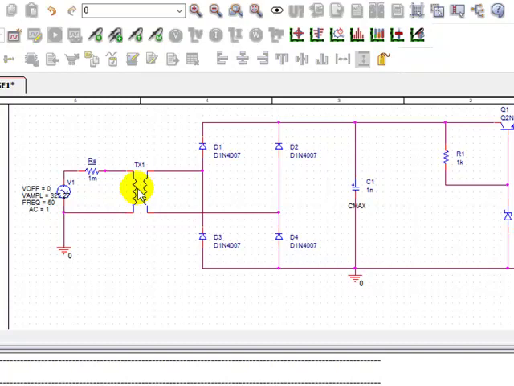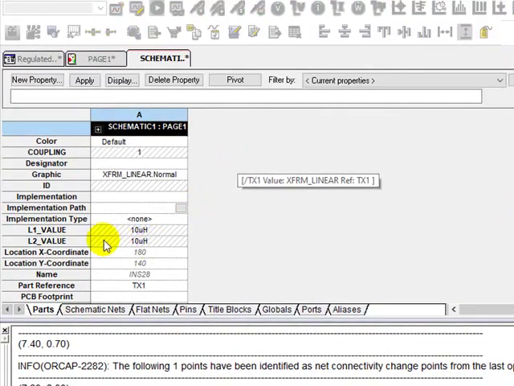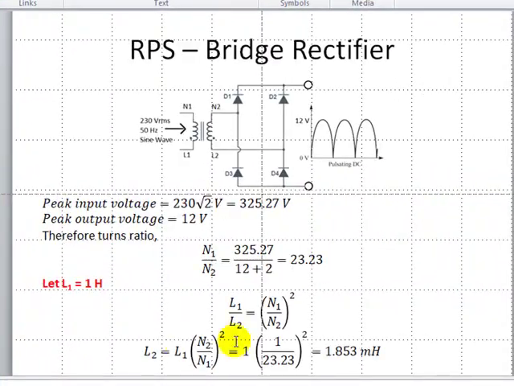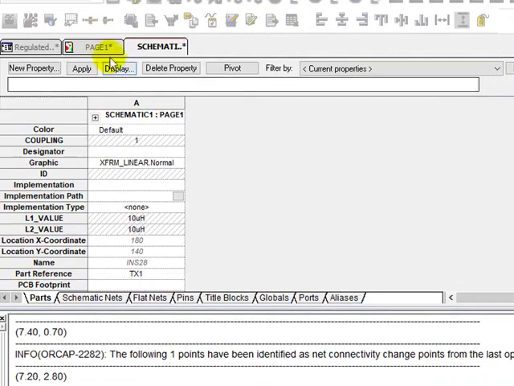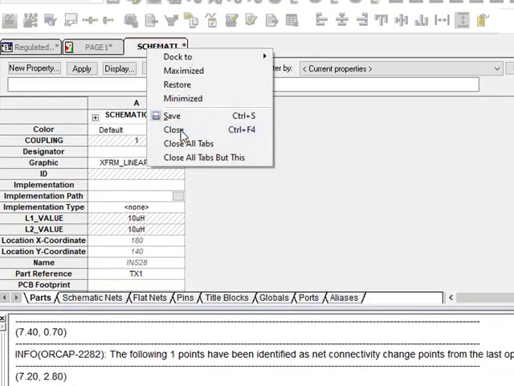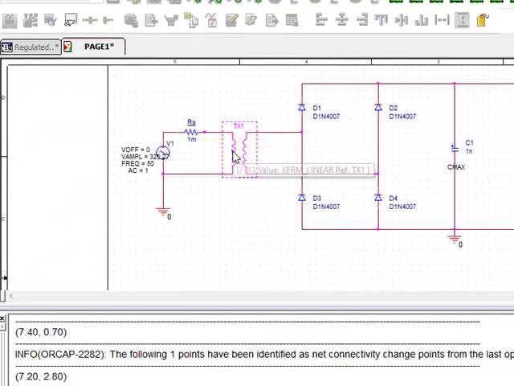We cannot enter the turns ratio directly, so we are going to enter the inductance that we calculated in the last step. So L1 value we have calculated, if you remember, we assumed L1 is equal to 1 Henry and L2 as 1.853 millihenry. We shall enter that. So what you have to do is just double click on the transformer.